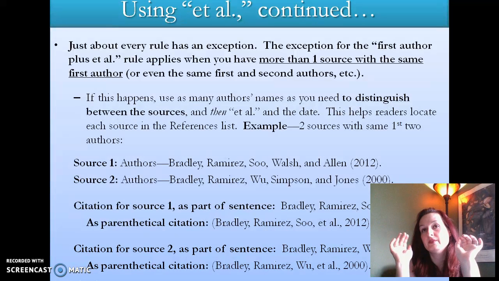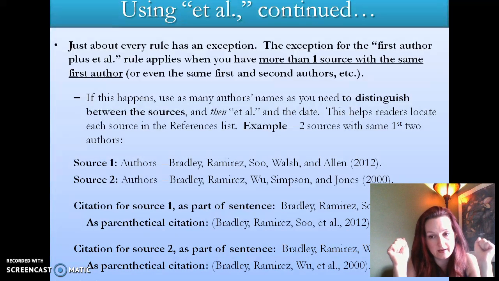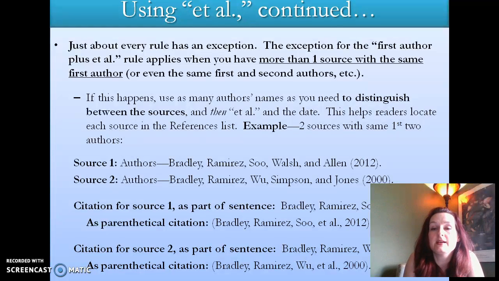Now, I said that APA style can be thorny and complicated, and I wasn't lying because, just as with just about every other rule on the planet, this one has an exception. The exception to the first author plus et al. rule that we just talked about applies when you have more than one source with the same first author, or more than one source that shares multiple authors, which does happen because we have researchers that are heavily involved in one particular topic or type of research, and they're going to publish a lot of different papers, and there might be 10 or 15 different papers out there by the same first or second author, etc. So when that happens, if you have two sources, both of them have John Doe as your first author,